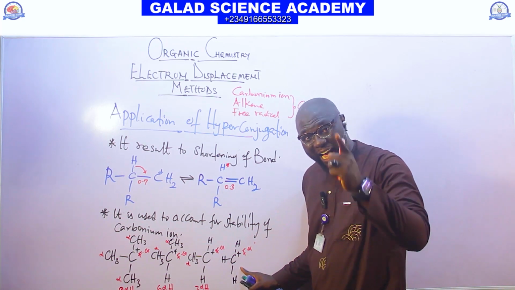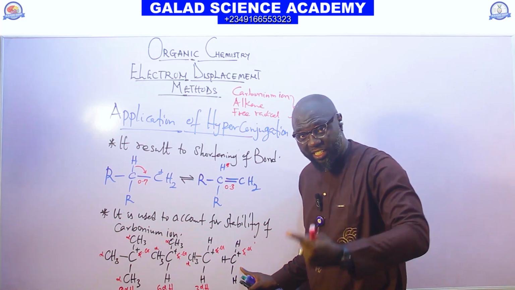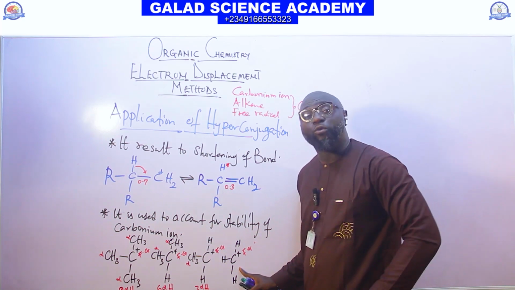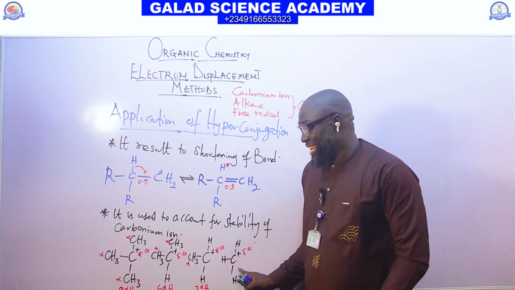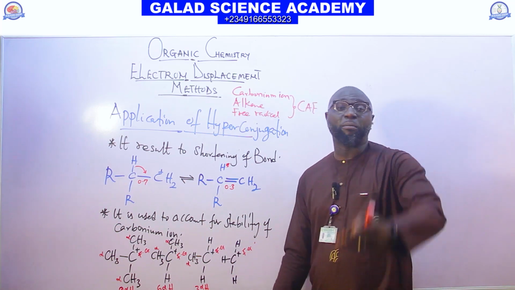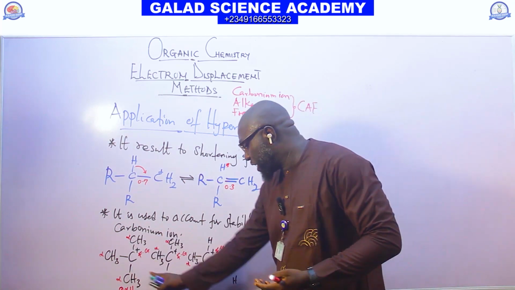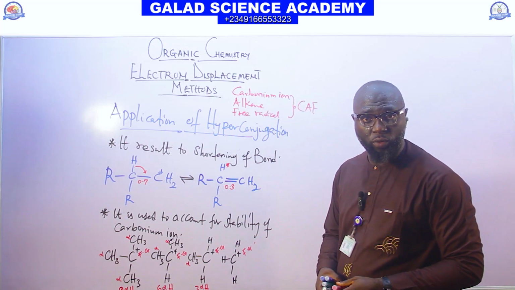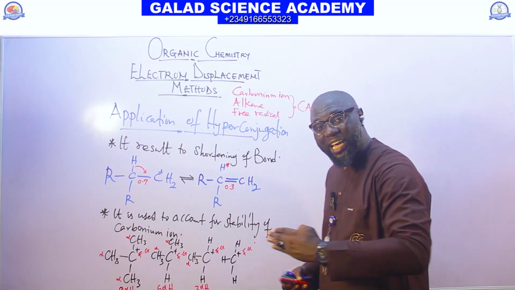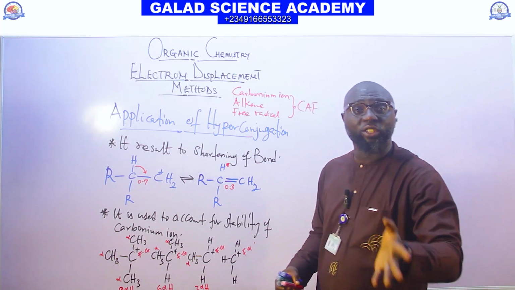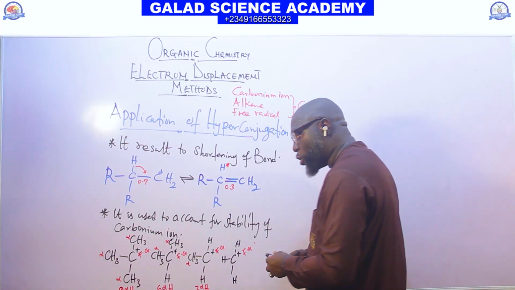As the number of alpha hydrogens increases, the number of resonance structures increases and stability increases. In terms of stability, apply this. Which of the 3 compounds is the most stable compound? The one that has the higher number of alpha hydrogens. So therefore, this